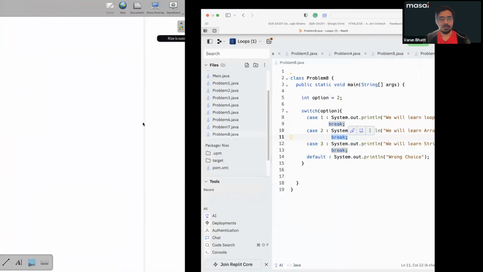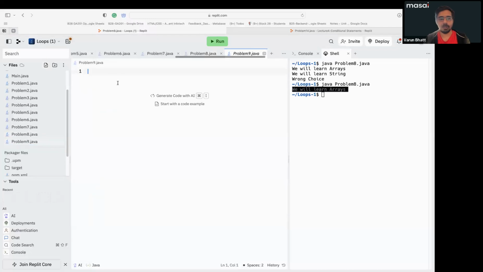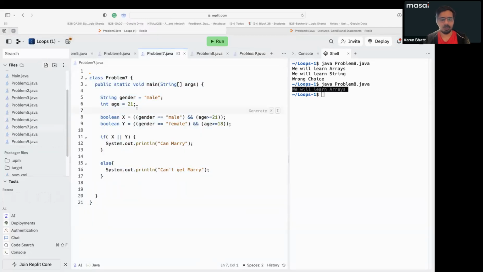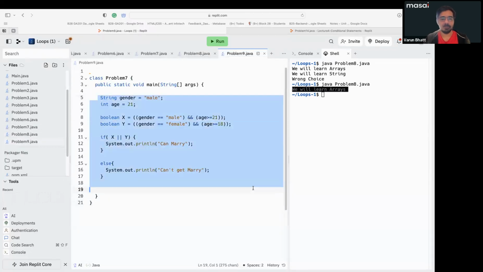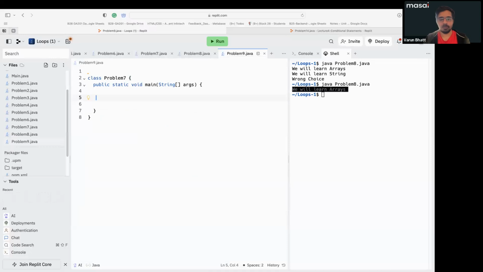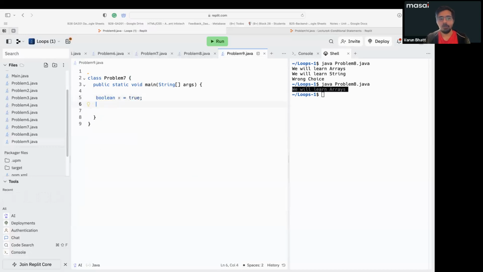So basically there is one more concept, that is the not operator. But not is not that challenging. Suppose boolean x is true, so we have something known as not. What will not do? Not is the opposite of something. Suppose if you print x, it will give true. And if you put not of it,